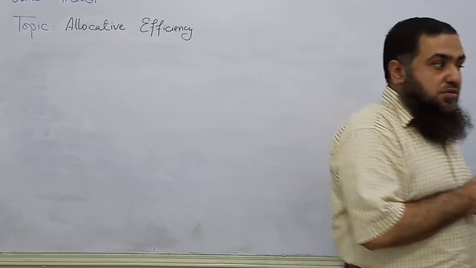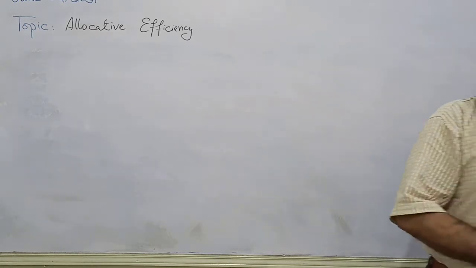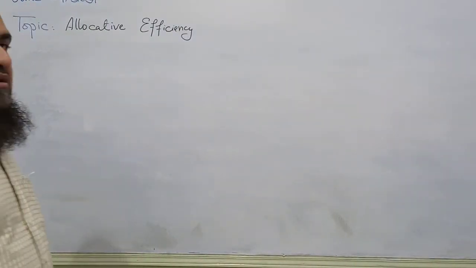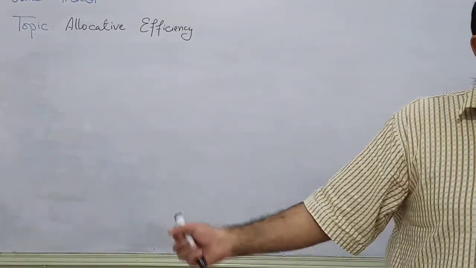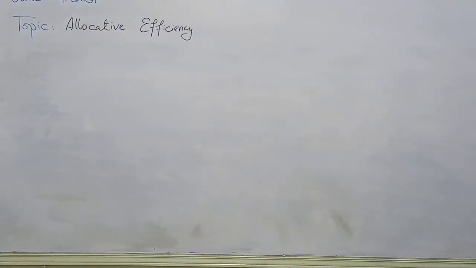Today we are going to start our lesson about the second type of economic efficiency, that is called allocative efficiency. In our last class we were talking about the different types of productive efficiencies like static, dynamic, technical, X efficiencies. Now we are talking about what we mean by allocative efficiency and how it can be achieved by the market forces of demand and supply, or by a single firm in its production process.